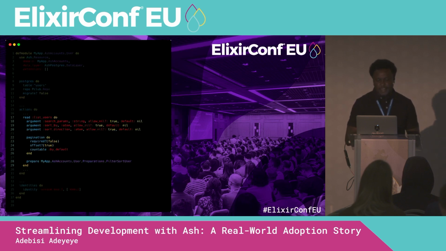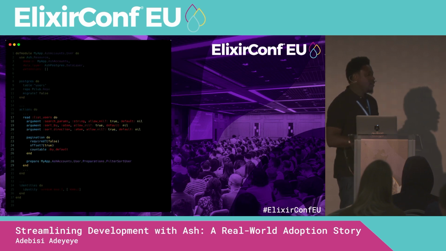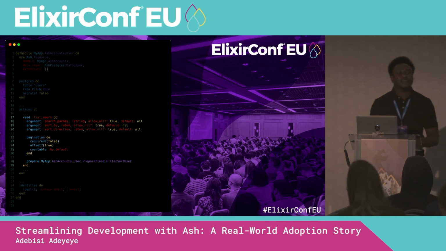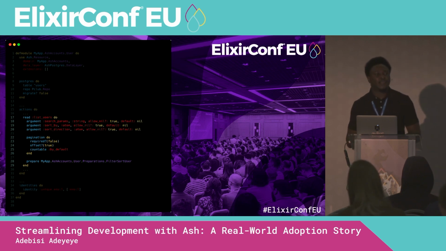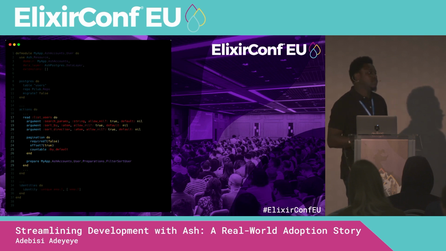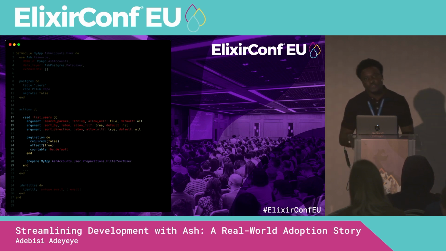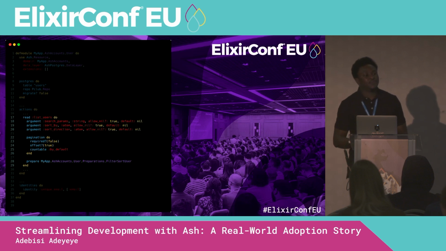Having done this, a new requirement came in. So business is doing fine. We were trying to land a client, and one of the IT requirements was we had to be SOC compliant. And one of the line items there was that we should be able to lock user accounts after a number of failed login attempts. We were feeling confident with Ash, so let's take this for a spin.